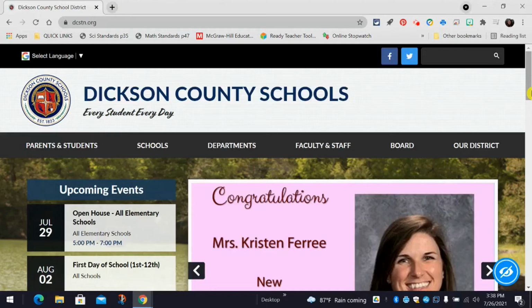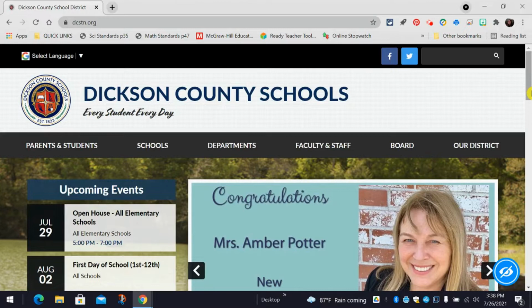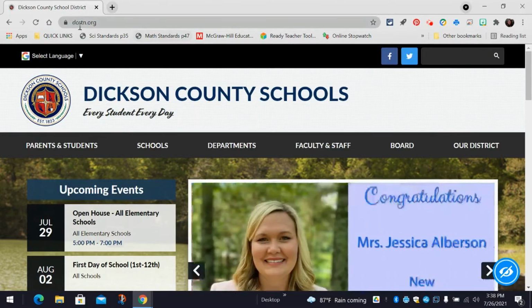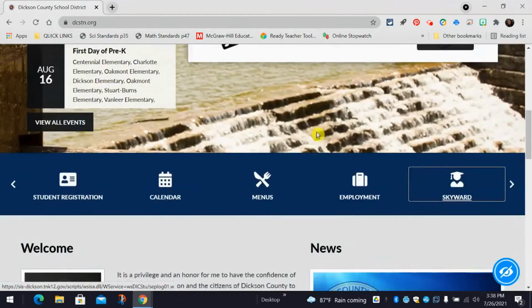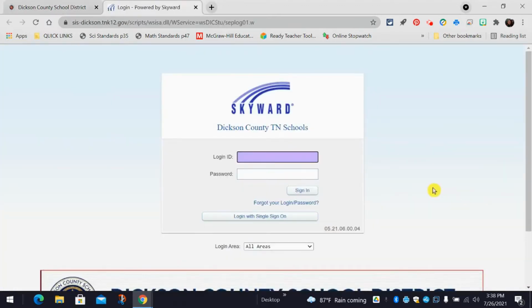This is a quick tutorial on how to access Skyward and fill out your child's beginning of the year paperwork. If you start by going to dcstn.org, which is the Dickson County Schools homepage, and you scroll down on the homepage to this middle blue bar, there is a Skyward icon, and you click the Skyward icon and it'll open